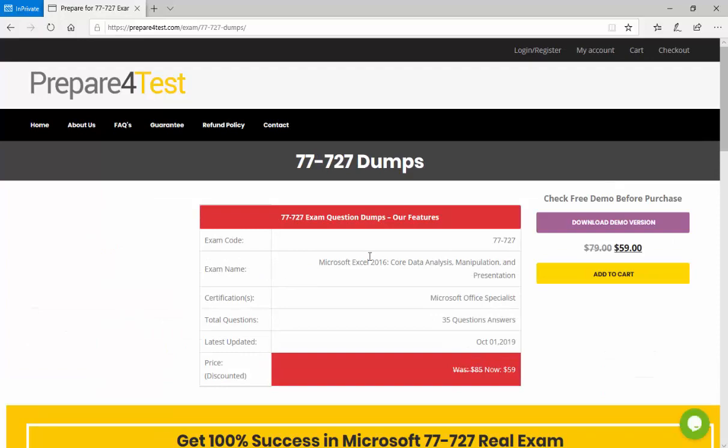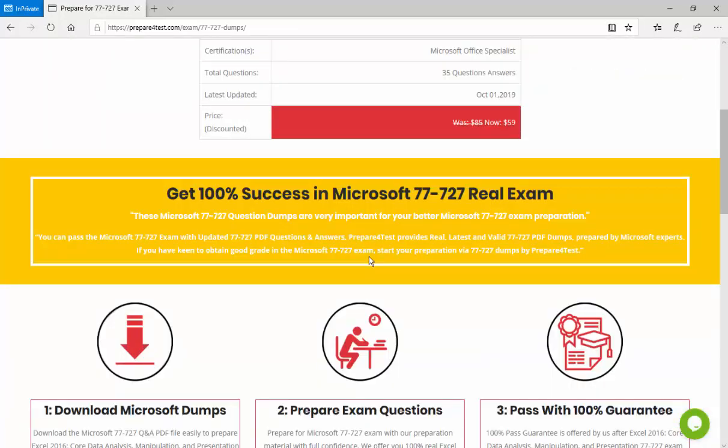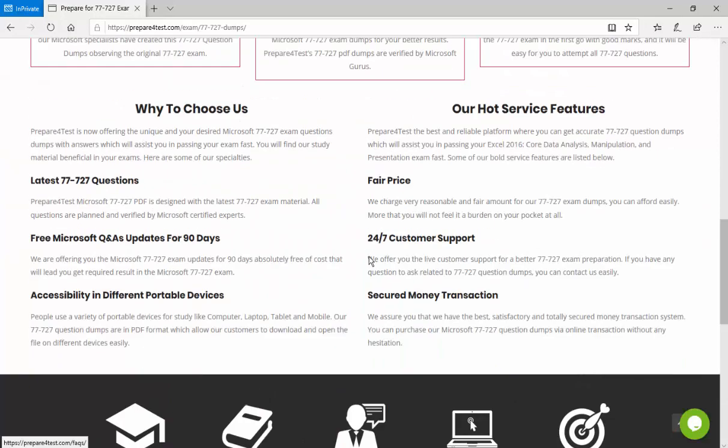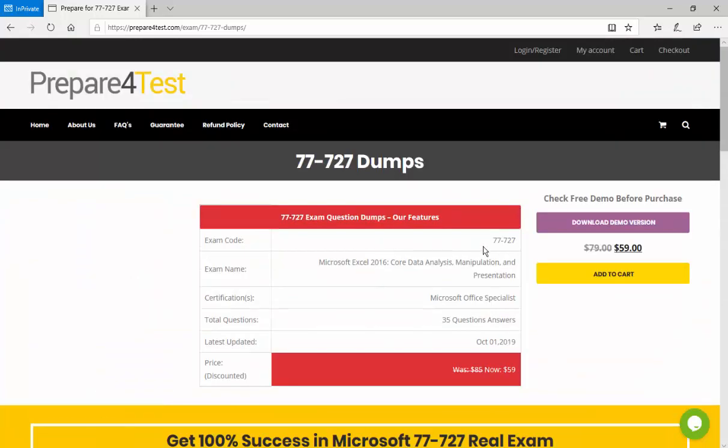You can read all the information for this exam here. If you want to check the quality of the product, you can download the demo version. Here is the price. This is a discounted price. You can add to cart and check out if you want to purchase this